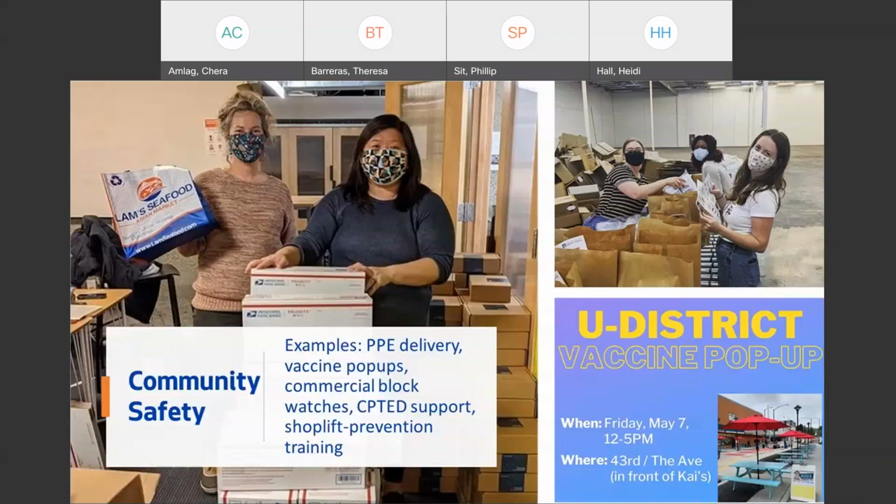And then lastly, and again, this is not an extensive list of all the eligible projects, helping businesses, merchants and employees adapt to the new restrictions or public health guidance. These are a few examples during phases 1 and 2 from our partners in the Chinatown International District and SODO and the U District, where during the initial first couple of phases of the lockdown, they worked to secure PPEs for their merchants and employees. They did commercial block wash, they did vaccine pop-ups.